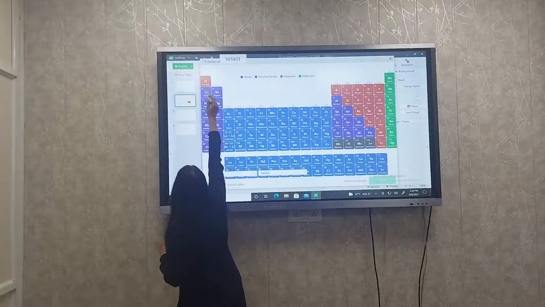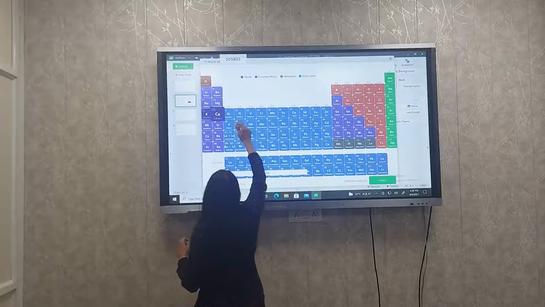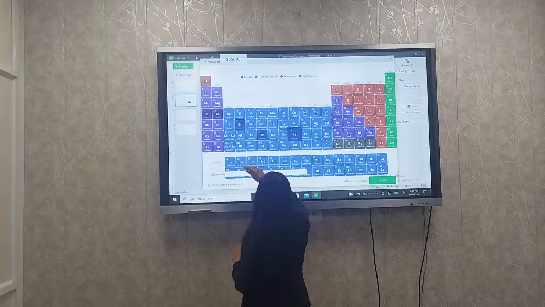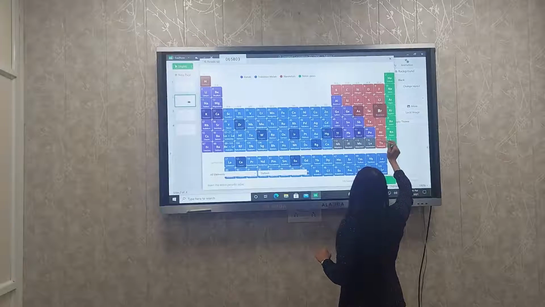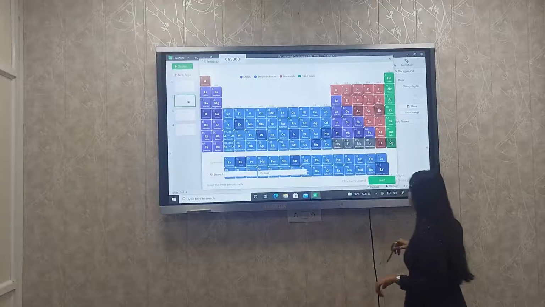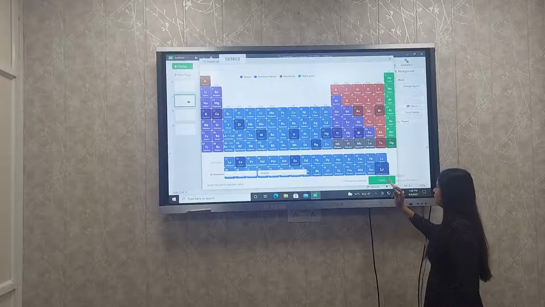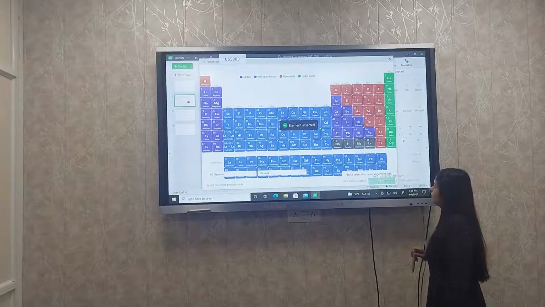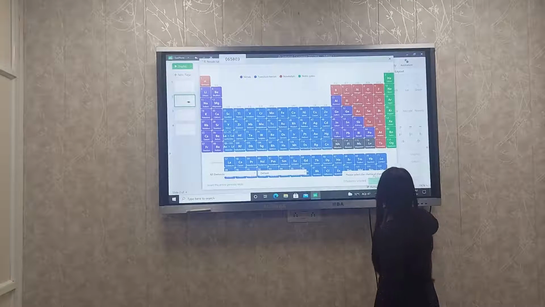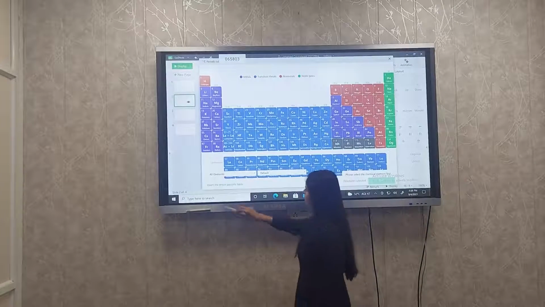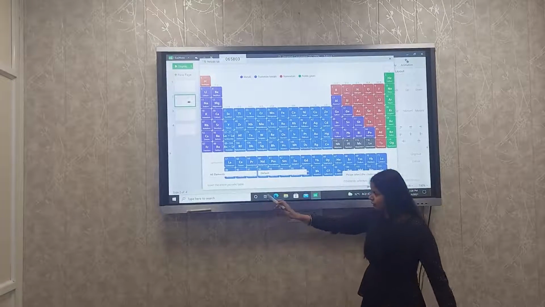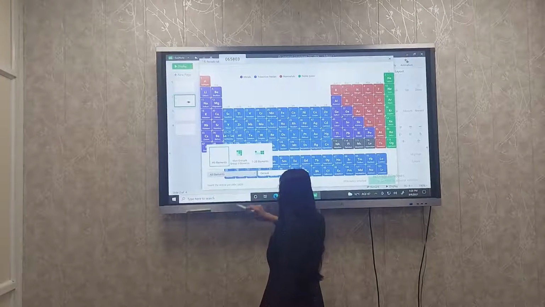Select the elements, like I selected 17 elements and I want to insert them. Elements inserted. Or if I want to insert the entire periodic table, I can just do this.